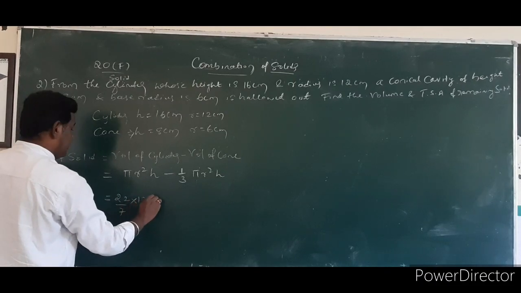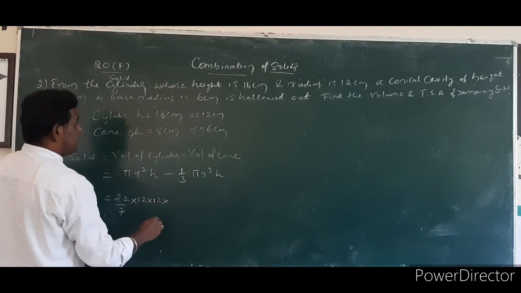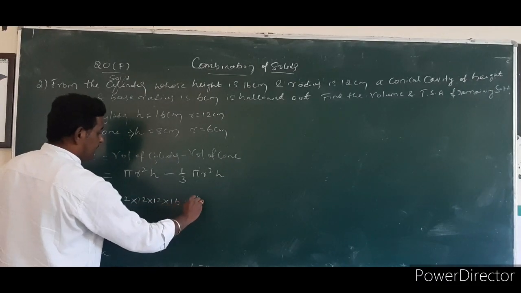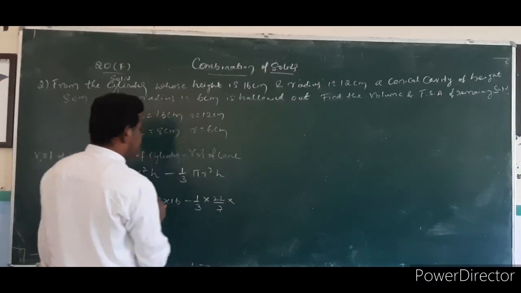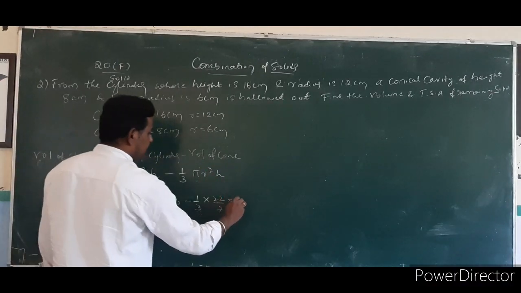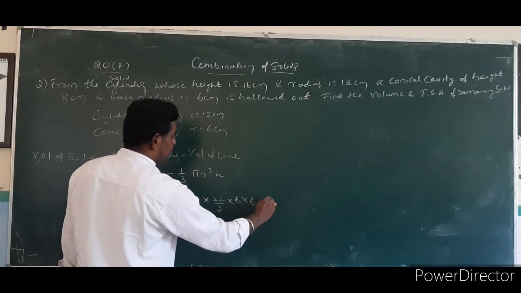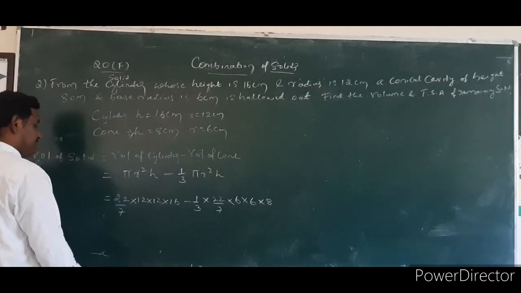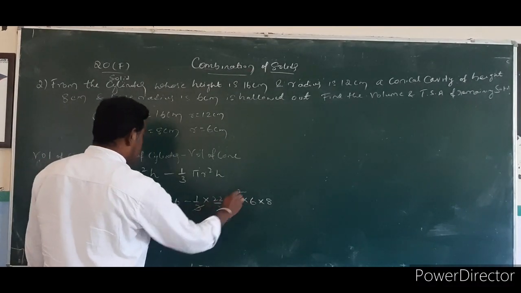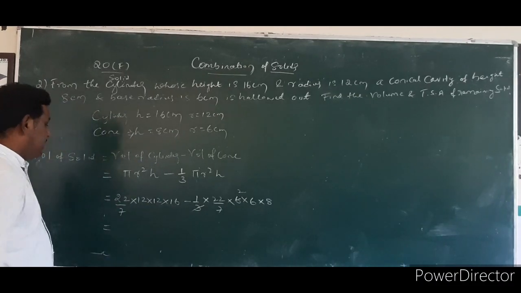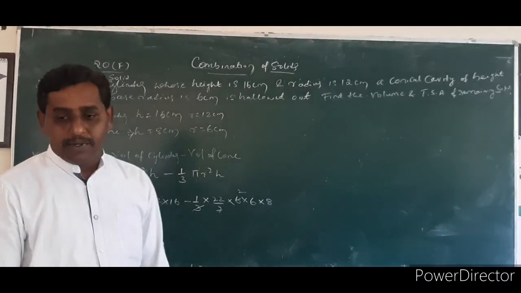12 into 12. Height is 16 minus 1 by 3 into 22 by 7. What is the radius of the cone? 6 into 6. What is the height? 8. So 3 ones are 3, 3 twos are 6. If you multiply 22 into 12 into 12 into 16,